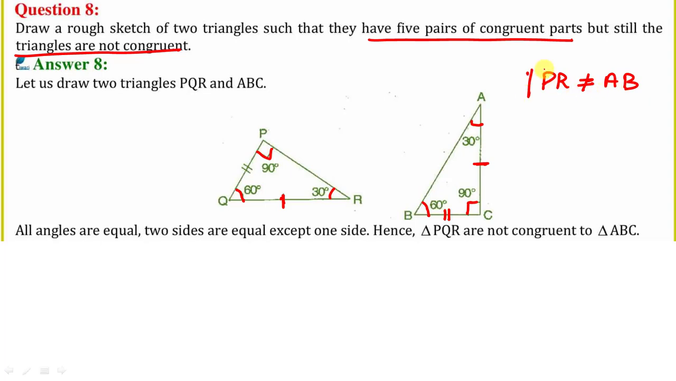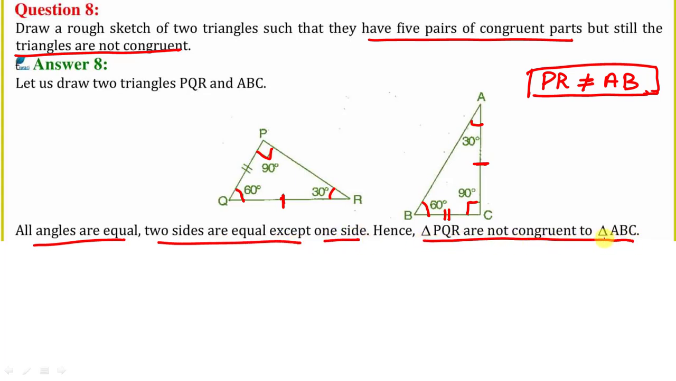So we know that two triangles are said to be congruent if they have the same shape and same size. But here the value of this PR is not equal to AB. It means they do not have the same shape and size. It means the areas of both the triangles are unequal. So all angles are equal, two sides are equal except one side, but triangle PQR is not congruent to triangle ABC,